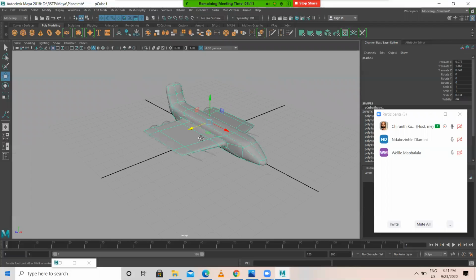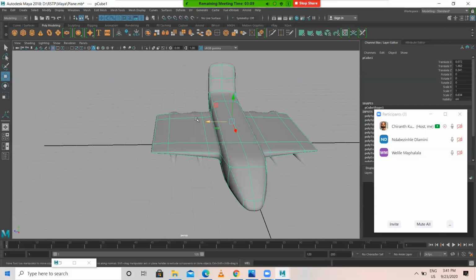You can create, there are a lot of options.